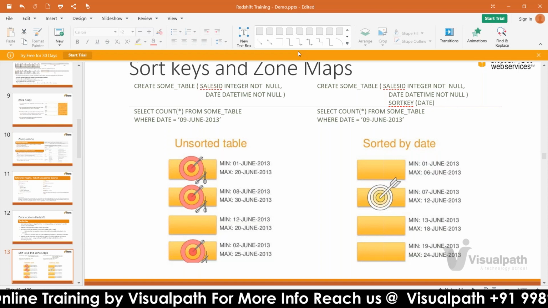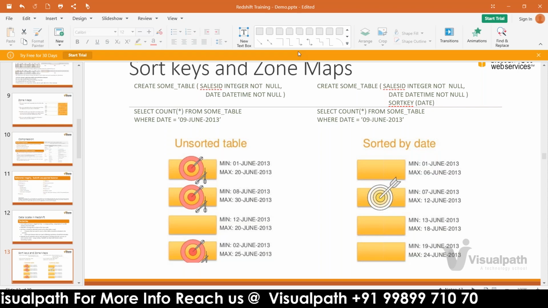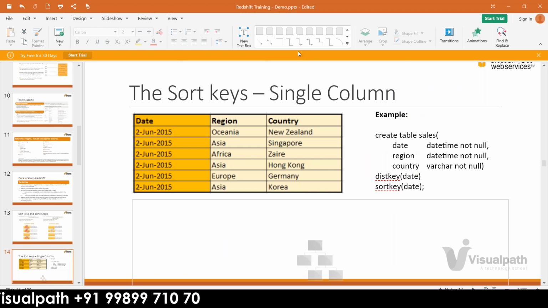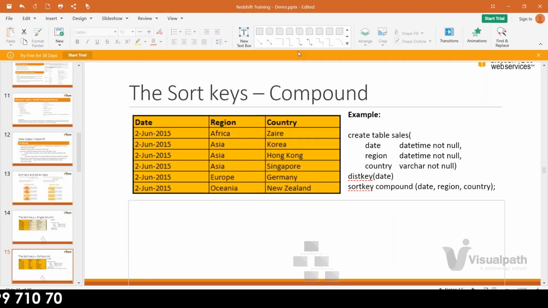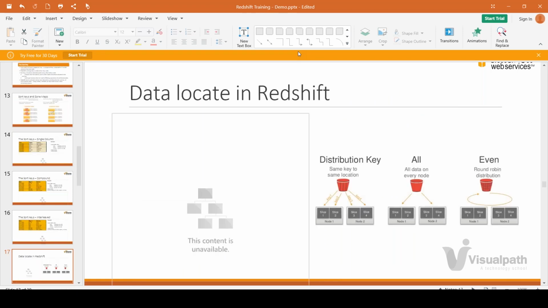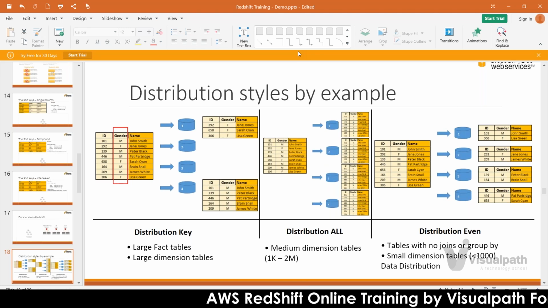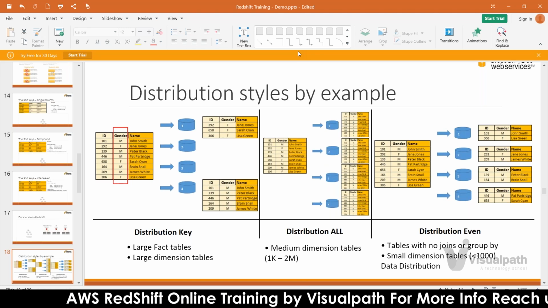I'll tell you, in other databases they will say partition, primary indexes and all. So here it's like sort keys. Sort keys in detail. Distribution keys, this is like primary index in Teradata and primary key in other databases. This is a very good example. In fact, whatever training I teach,